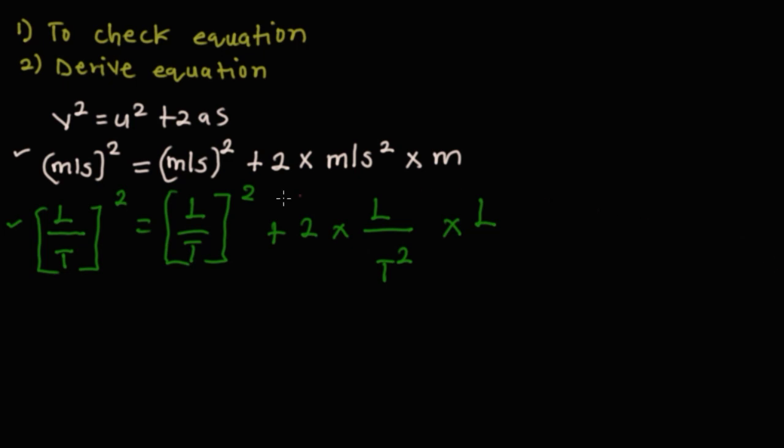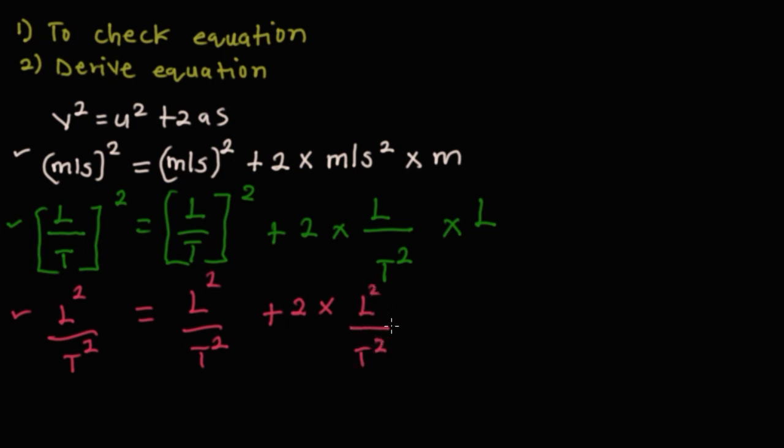The next thing we are going to do is open the bracket using the principle of indices, and we know that opening this, we're going to have L raised to power 2 over T raised to power 2, equals L raised to power 2 over T raised to power 2. This one is dimensionless. 2 times, we discover that we have L times L, which is going to give us L square over